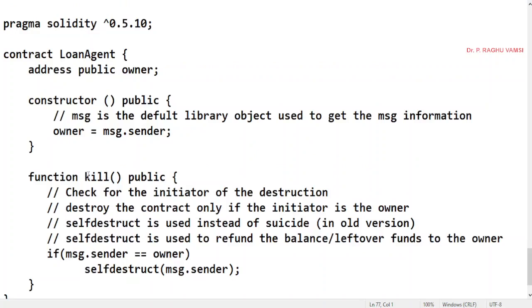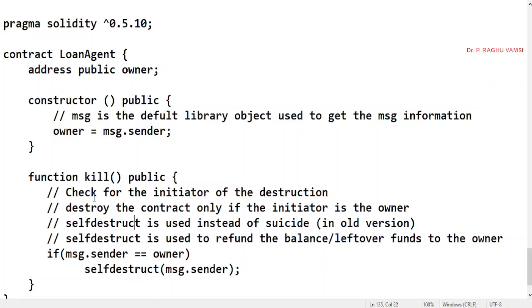Now function kill. Kill is a function used for the destruction. Function kill public. A destructor should also be public in nature, like the constructor. Check for the initiator of the destruction. Who initiated this contract? Because normal users cannot be in a position to destroy the contract.